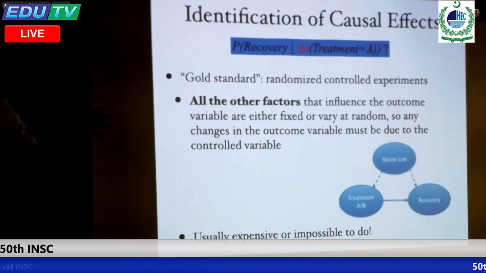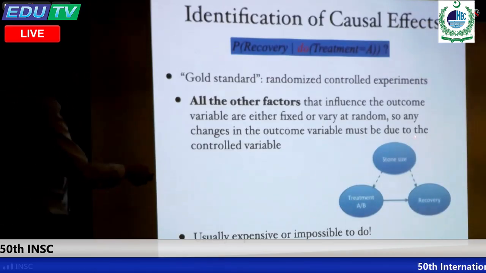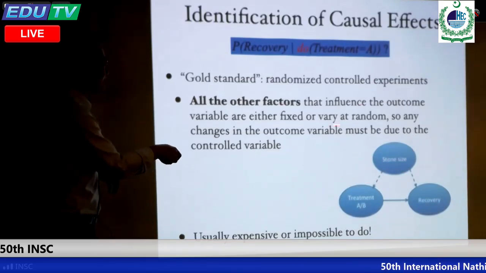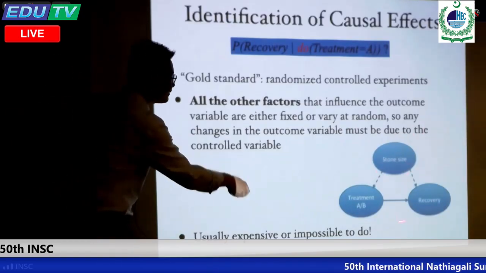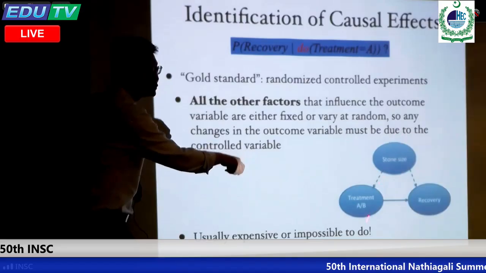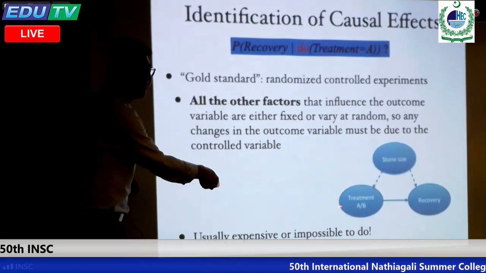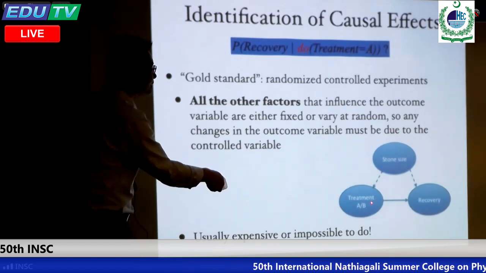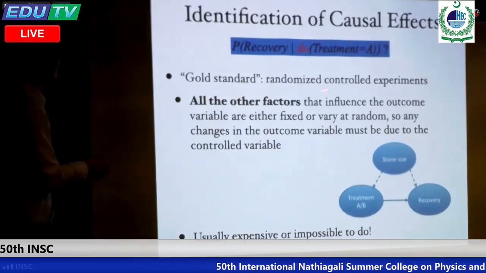I have a lot of patients here. I divide the patients into two groups, right? The control group and treatment group. I have to make sure that all the remaining features either have the same value or the same distribution across the two groups. Then this value is different. If I see a difference in recovery, I know our treatment must have an effect on recovery, because that's the only variation. And this is the way to identify causal effect.